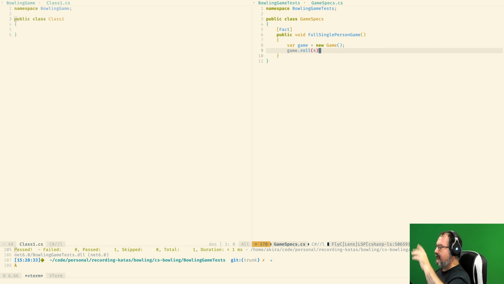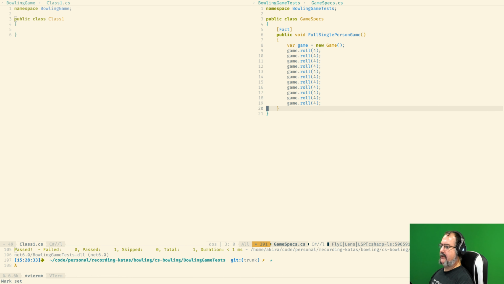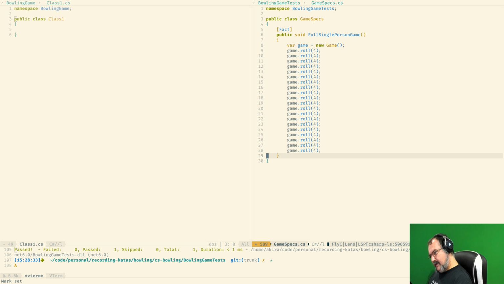Not 21, no, 20, yeah, 20 rolls that happen to be on the sample that we have set up over there. And then we are gonna get the score. We are gonna fix those numbers in a second.